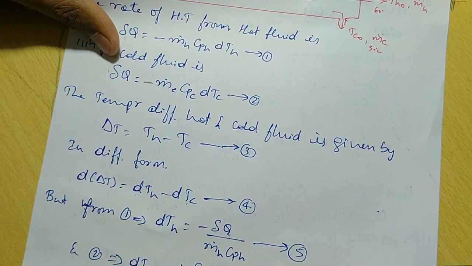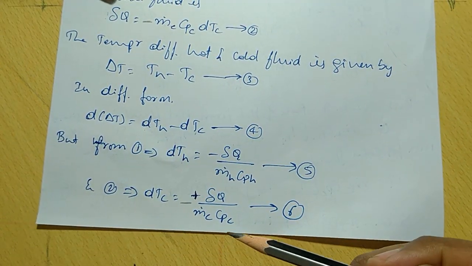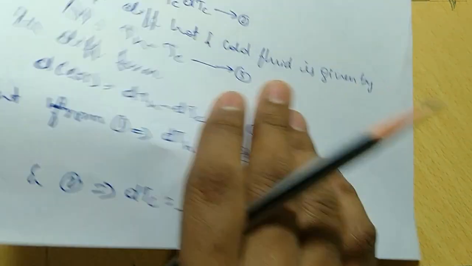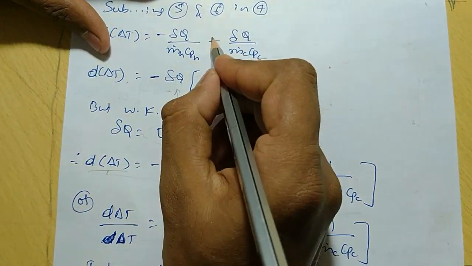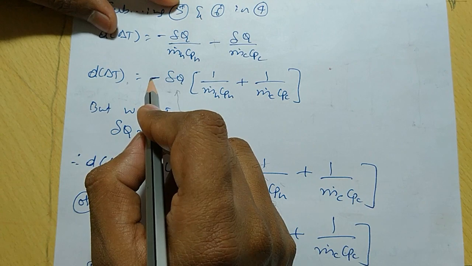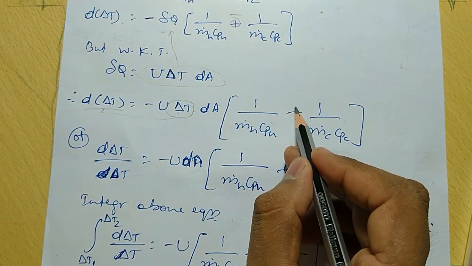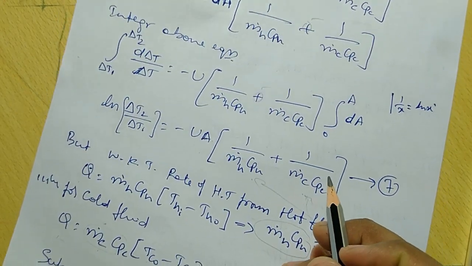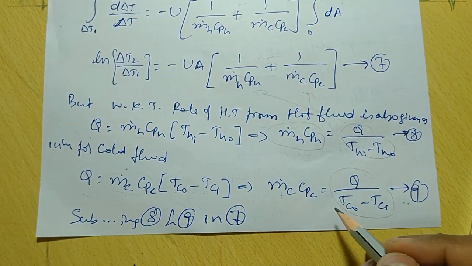DTC can be written as, here it is what? That is negative here. I am doing just the same thing, telling how to obtain the equation for the counter flow. Wherever the negative sign is there, you just convert it into a positive sign. This becomes positive. When you take the common as negative, this becomes negative. This is negative, this is negative, this is negative, and this is negative. Substitute the things, the same thing.